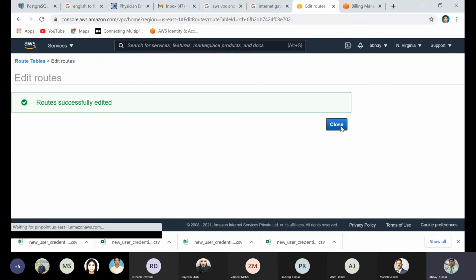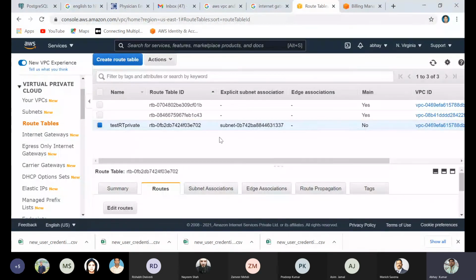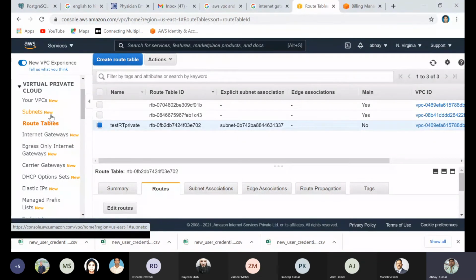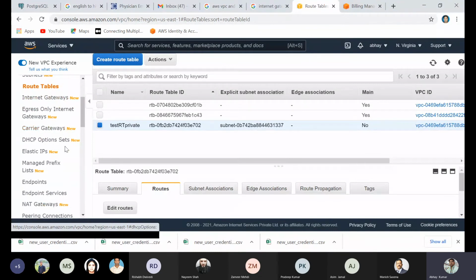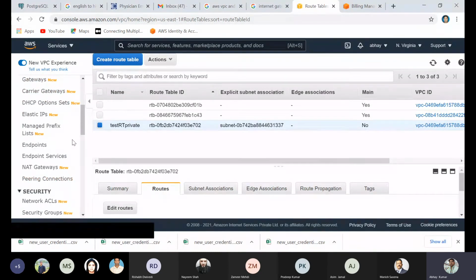Yeah, so in this way the route will go with the NAT, but this will be the private network. Only you can access the internet, but the guy on the website cannot access your site. It's private. So today I covered the VPC, subnet, route table, internet gateway, and NAT gateway, with security group and IAM role. If anyone has a question, please ask.